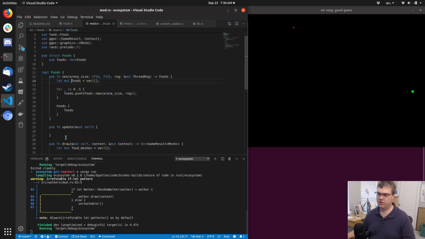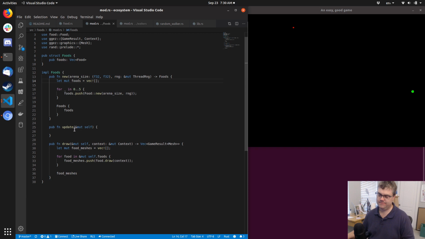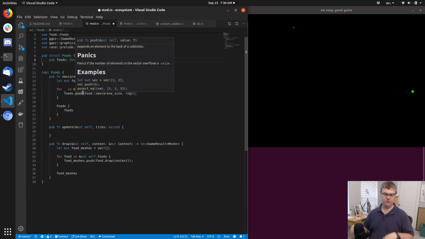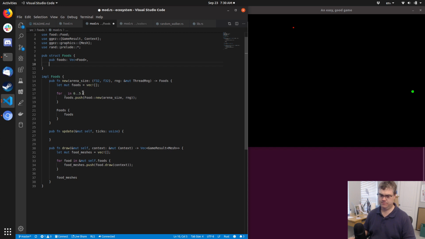So in mod_s here, in update, we need the ticks. So we know that the ticks is a usize. So every n ticks or so, and we can store this in this structure, so that new is the only place that we're changing this. So we can say add food every,